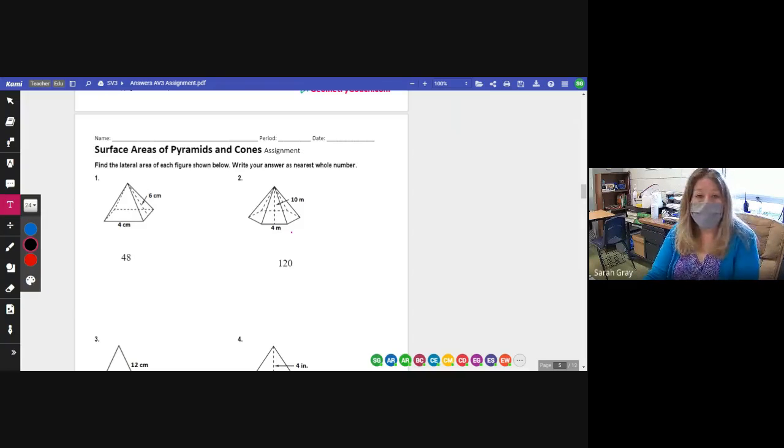All right, do we need to talk about any of those? Amber. On the page, that is surface areas of heads and cones, number